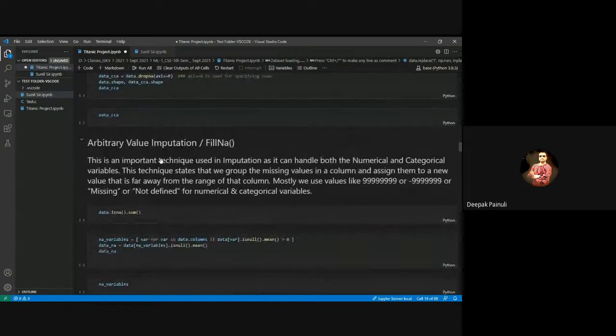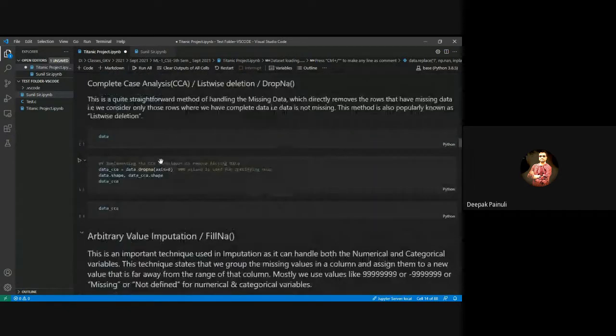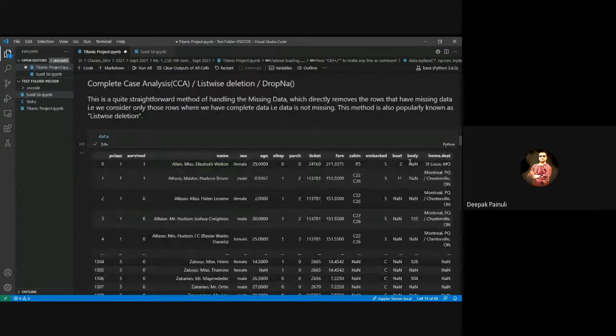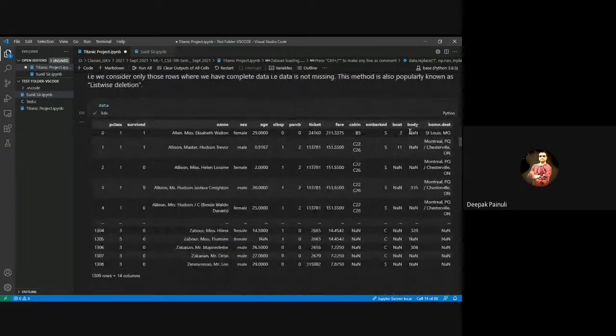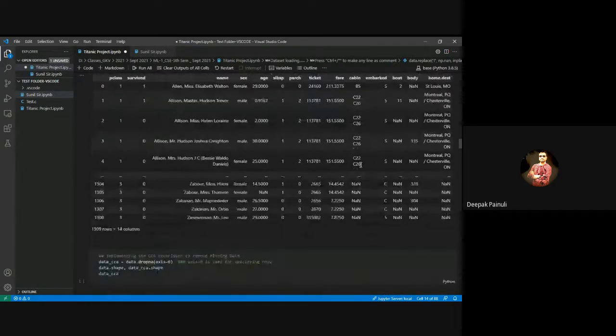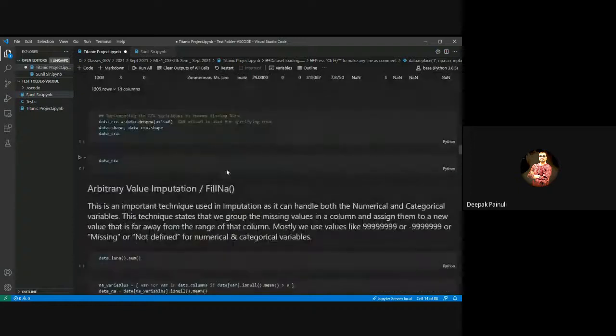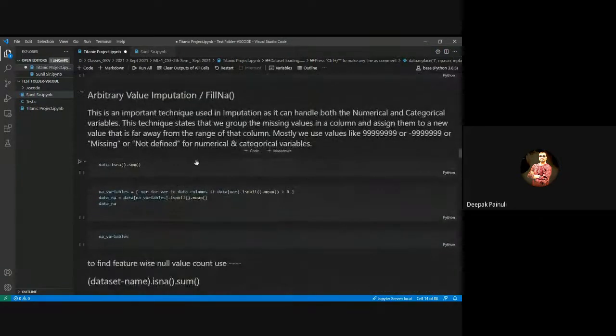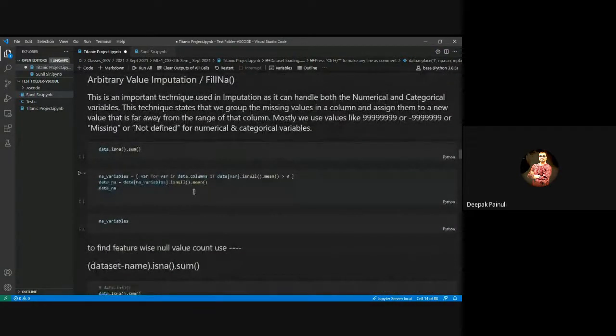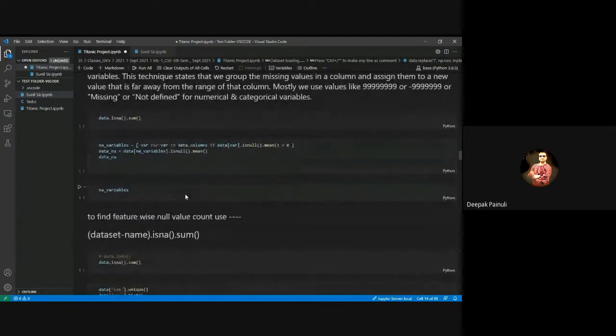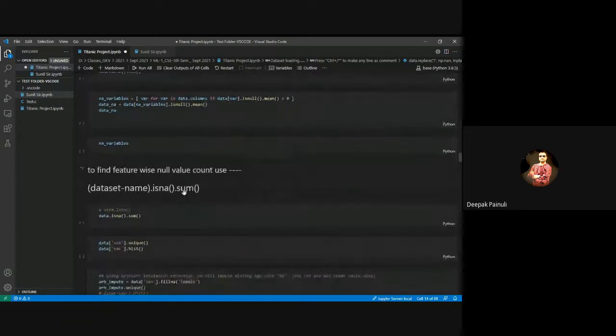to any arbitrary value. If you want to check, you may see that the data looks like this. Now you see in the question mark place you are having NaN values. That means it is showing a missing value. So arbitrary imputation, what it tells is, just simply replace the value with what you want.